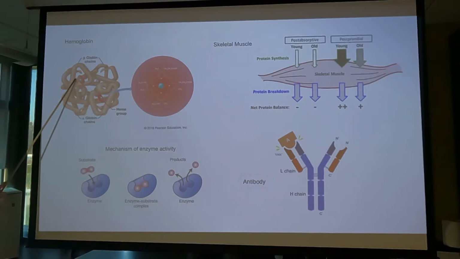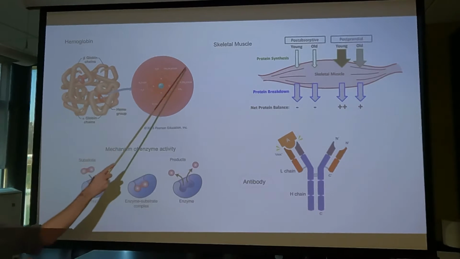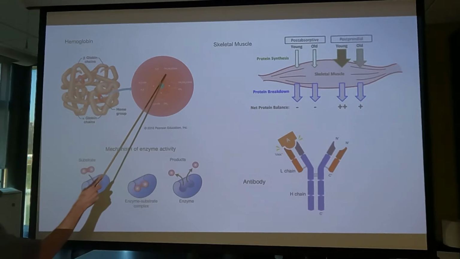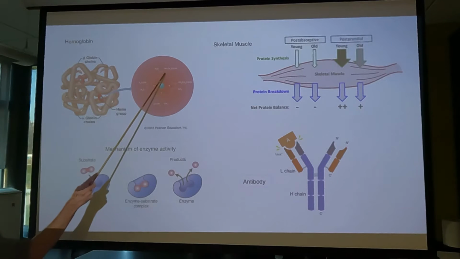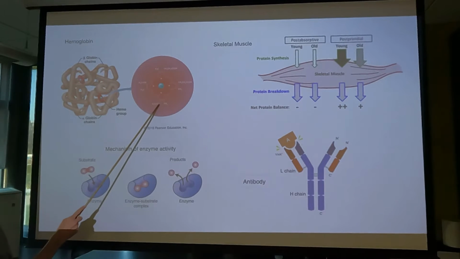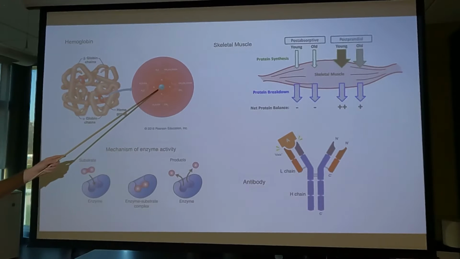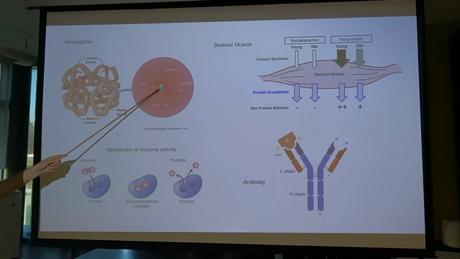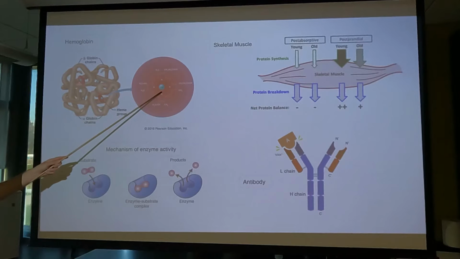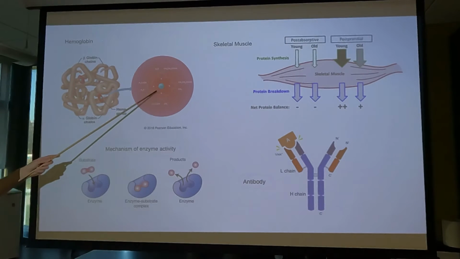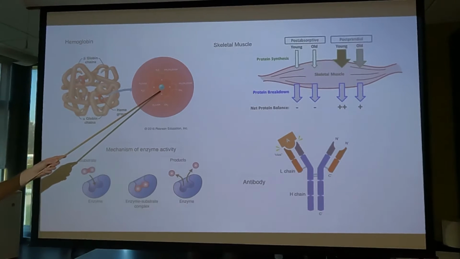Now, bound to each one of these globin chains is what we call a heme group. And here we have that heme group. It's a carbon ring structure with carbon, hydrogen. And dead center in the middle of this heme group, what element, what atom do we find right in the middle of this heme group? What does Fe stand for? That's iron. And when I say that O2 molecules bind to hemoglobin, they're specifically binding to the iron molecule within this heme group.